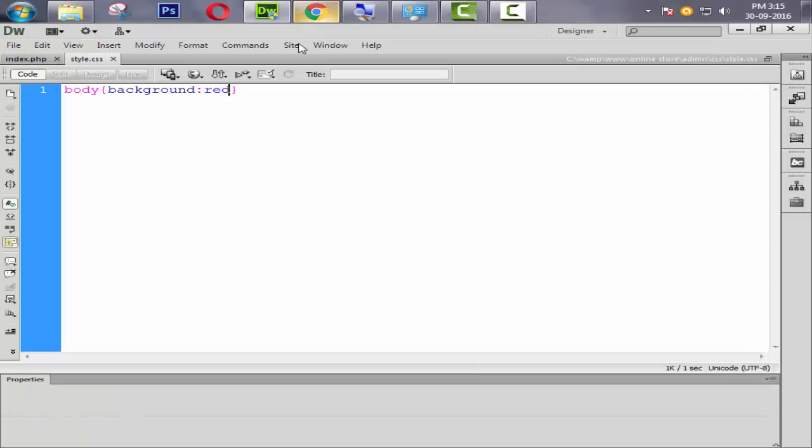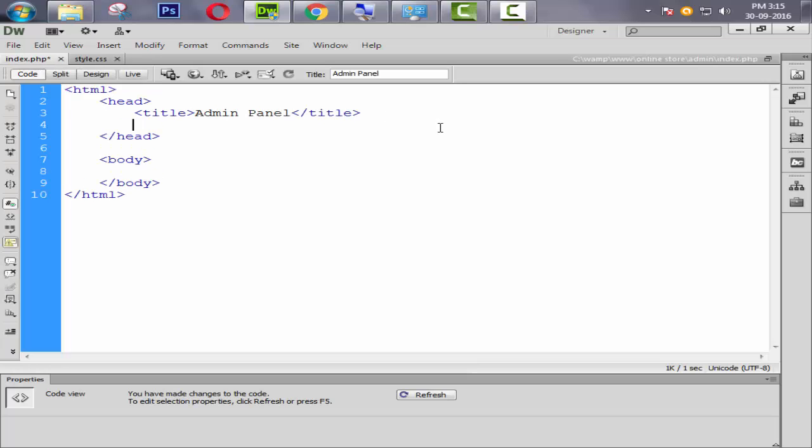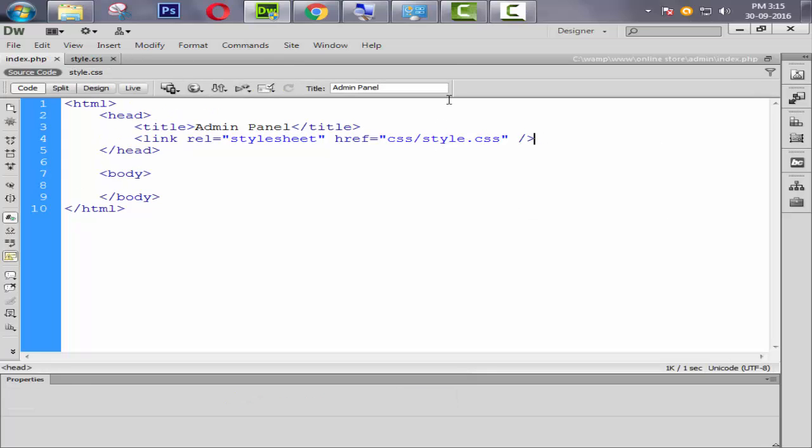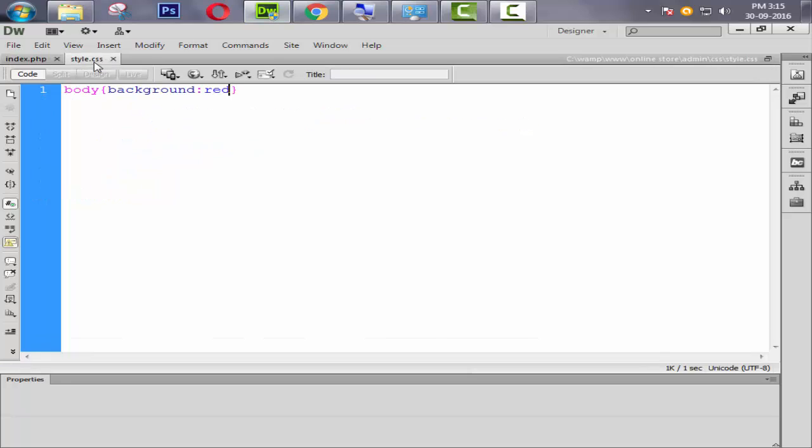Okay, nothing happens here because we did not include our CSS file inside our index file. So we need to link. Link tag, then rel will be stylesheet, here it is, and href means hyperlink reference. Our hyperlink reference is the CSS folder, then inside the CSS folder we have one file, style.css, then close it. Okay, now refresh and check. Okay, look at this, the red background is coming but it's not looking good. We change the red background, we don't need it now.